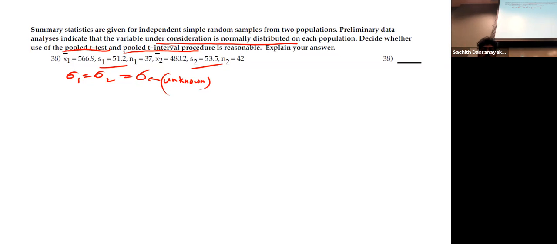Yes, they are not equal, but they are very close, and their populations are normally distributed. That's the important thing. If their population is normally distributed, then yes. They should be very close, like 1 or 2, something like that. I don't think you will get this kind of question, but for your knowledge, please remember. Okay, that's all I have, I think.